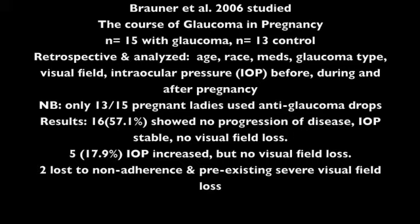Another study done by Dr. Stacy Browner in 2006 studied the course of glaucoma in pregnancy. There was a small sample size of 15 with glaucoma and 13 in the control group. This was a retrospective study which analyzed the confounding variables of age, race, meds, glaucoma type, either open angle or